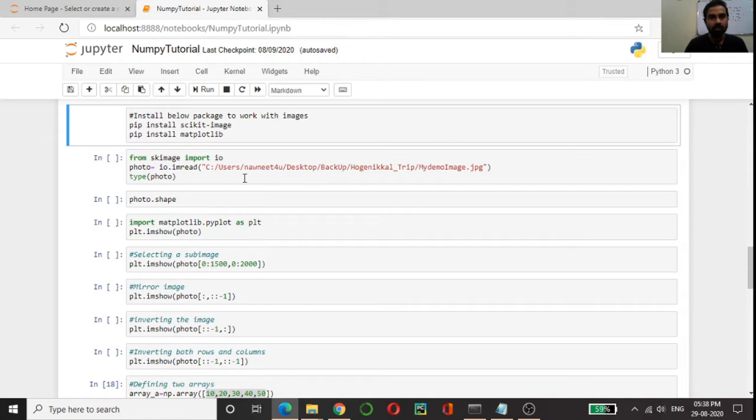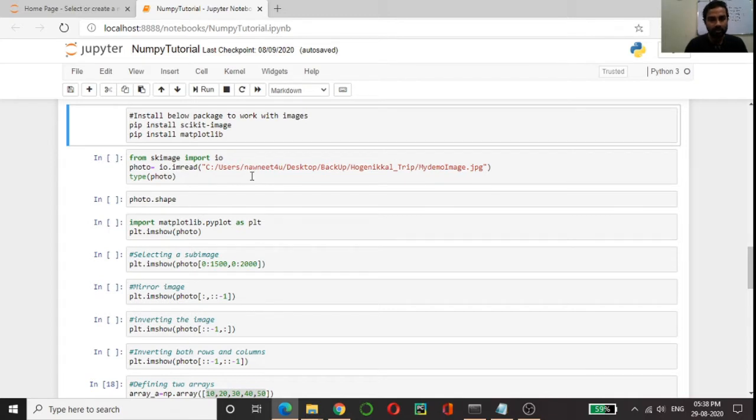If you see an image of 20 into 40 resolution, that means it has 20 pixels as the row and 40 pixels as the column. So you can just imagine a picture as an array. Actually, if it is a colored image, it would be 3D, and if it is not colored, it would be 2D.